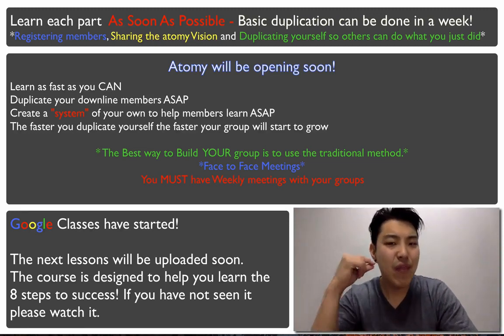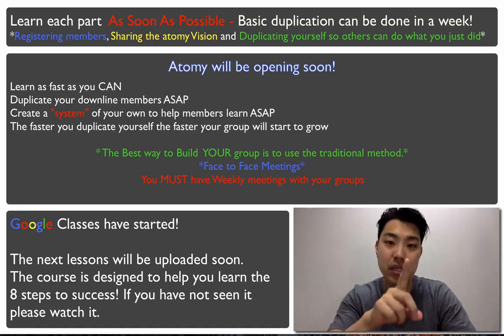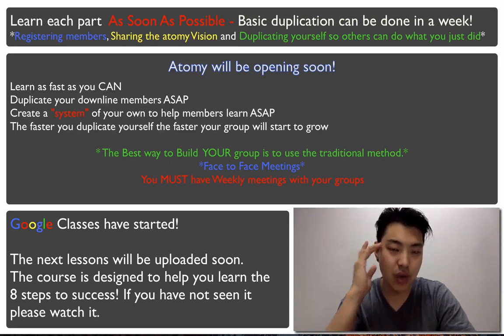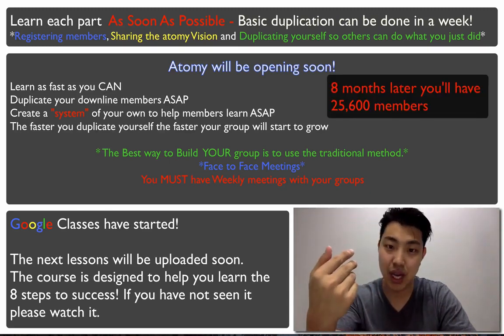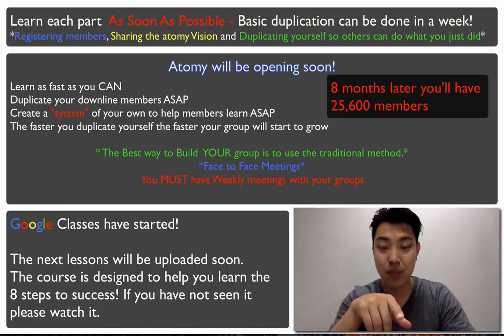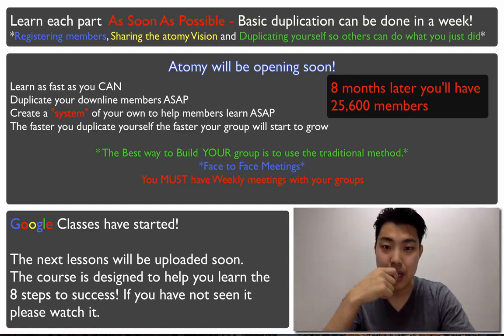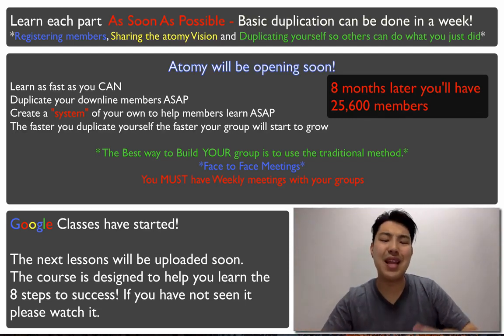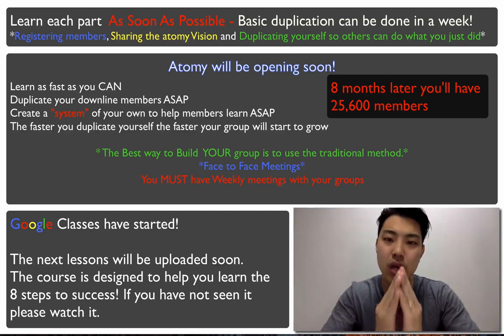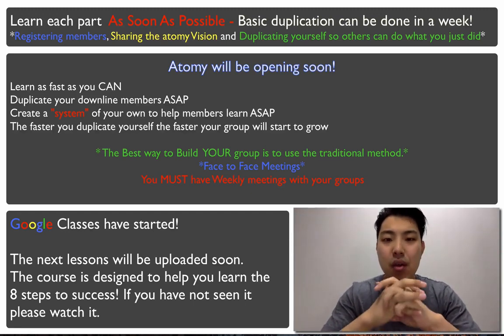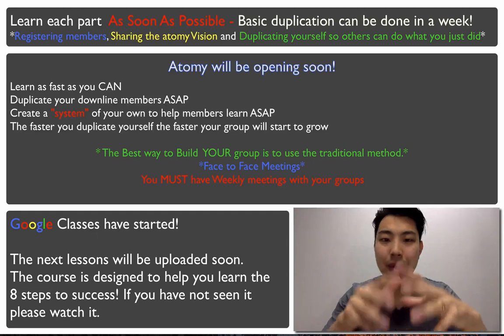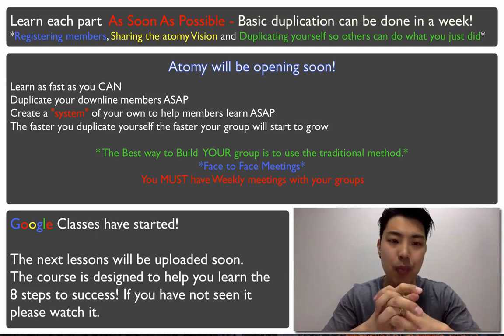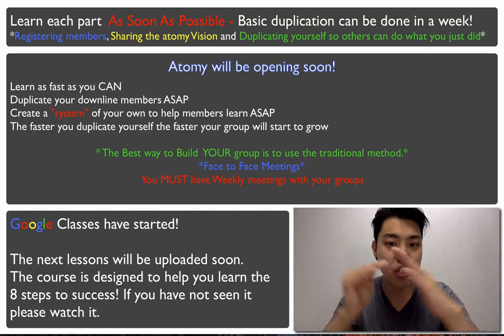So if every person just registers one person that month, think about it. Each person just registering one person, is that easy? Extremely, okay? So the next month you have how many? Your downline turns into 200, right? Because you just registered 100. And then the next month, 400, 800, 1,600, and so on and so forth. So within 8 months, you'll have close to 10,000 people. And that's just starting with 100 people working together. But right now, some of the downlines that I have are up to 1,000 plus in just each group.